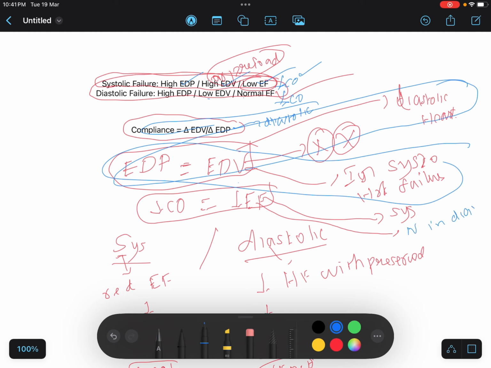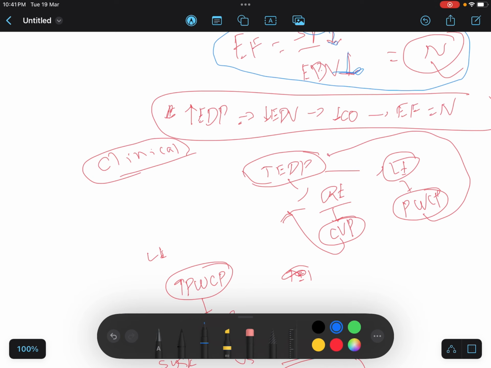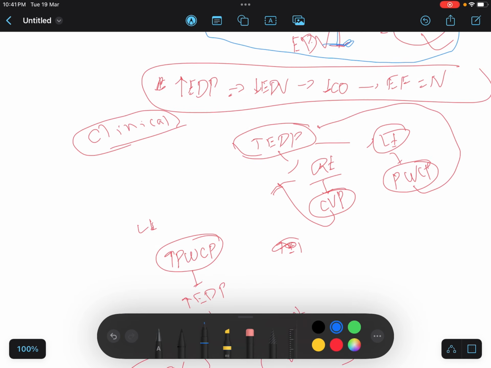Okay, fine. What are we going to see clinically? How will you measure this? We cannot measure end diastolic volume, but we can measure end diastolic pressure. How? End diastolic pressure can be measured on the right ventricle using central venous pressure, and on the left side using pulmonary capillary wedge pressure, which is equal to